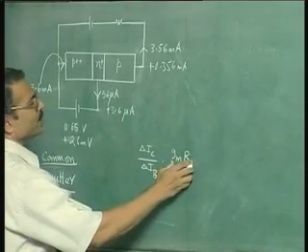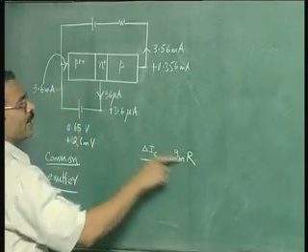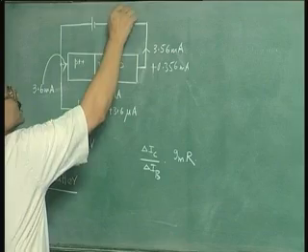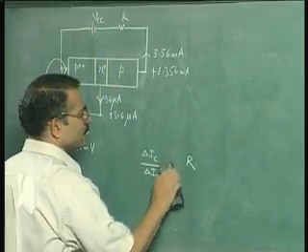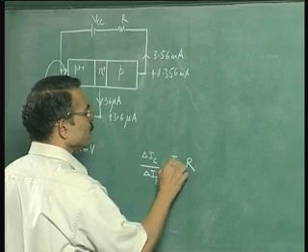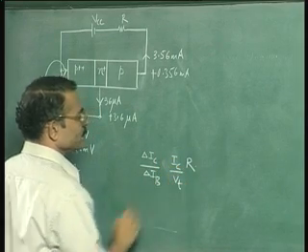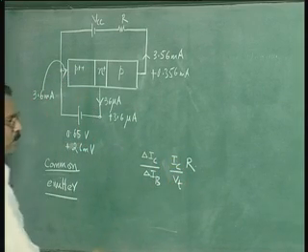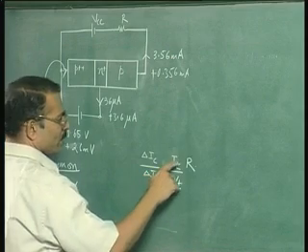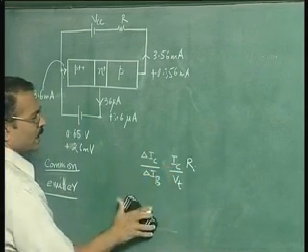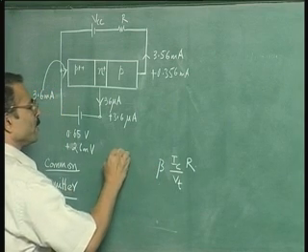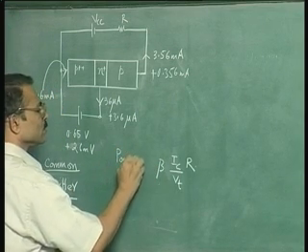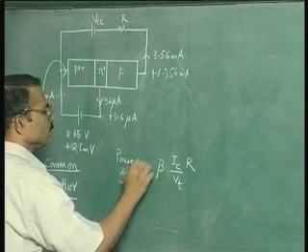Gm is the transconductance of the amplifier and R is this resistance. So this Gm is nothing but IC by Vt. So delta IC by delta IB into IC by Vt into R. So delta IC by delta IB is nothing but beta. So this is the power gain